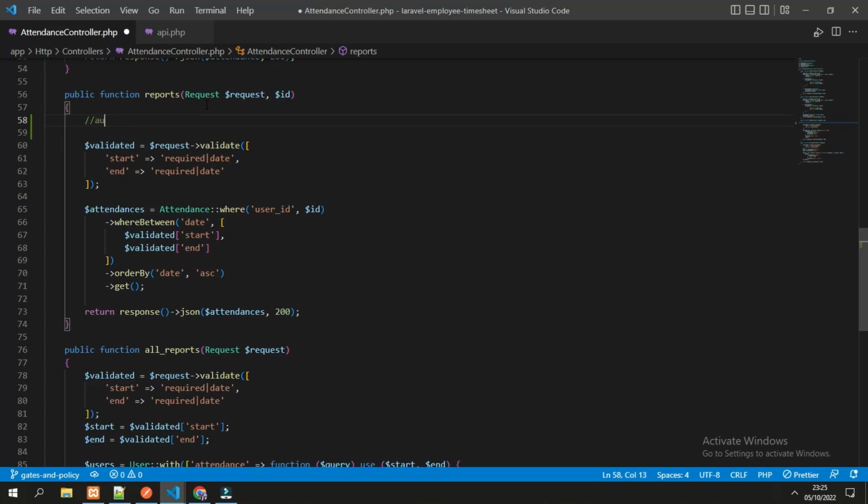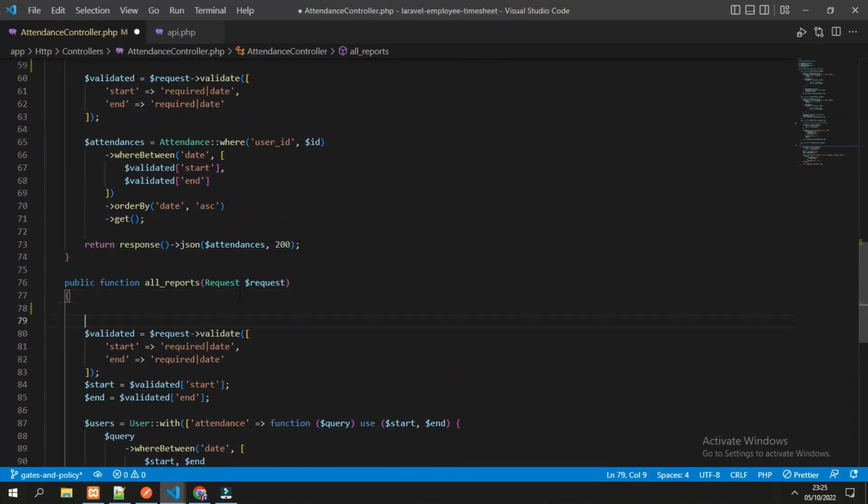So for example, authorize for the user itself and the admin. So if the user ID is number 2, it can check the report for the ID number 2, but cannot check the report of the ID number, for example 4.